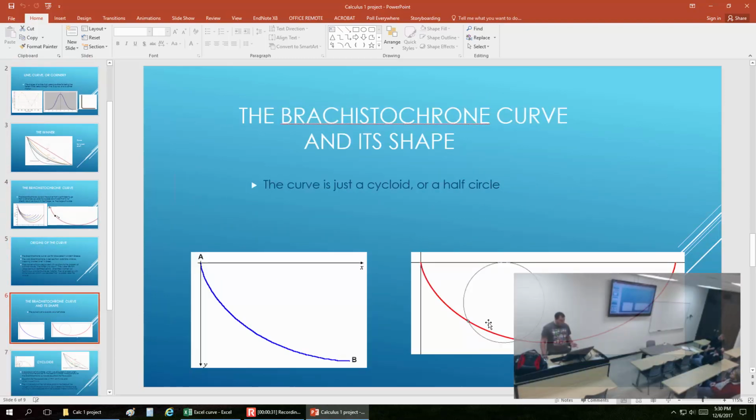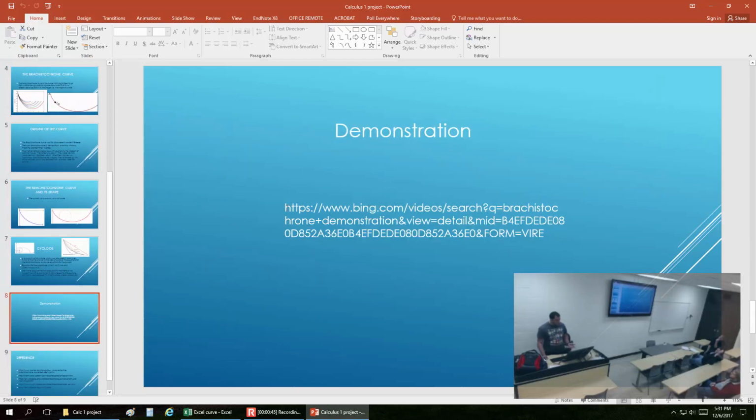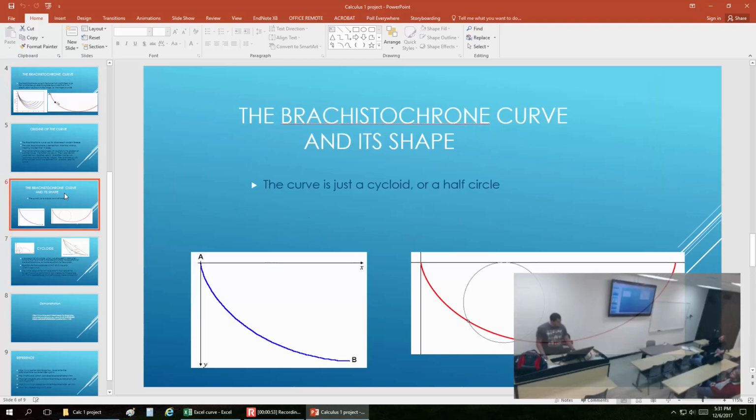The shape just comes from a cycloid, which is a half circle that's found by the rotation of this circle, on a point on the circle rotated. It's not a circle. It's basically half a circle, and then I found a demonstration that I'm going to show you. Maybe you guys show that if the rest didn't see the picture of how the cycloid is